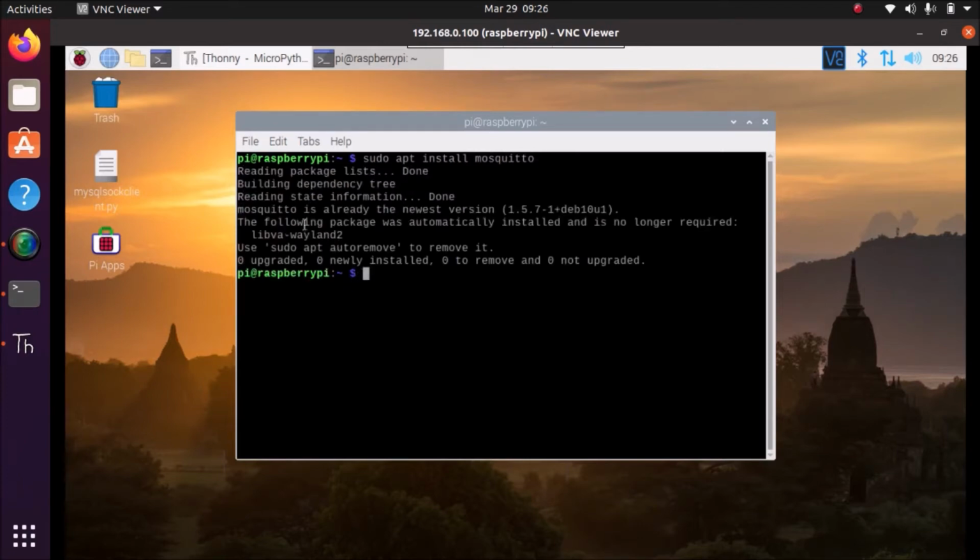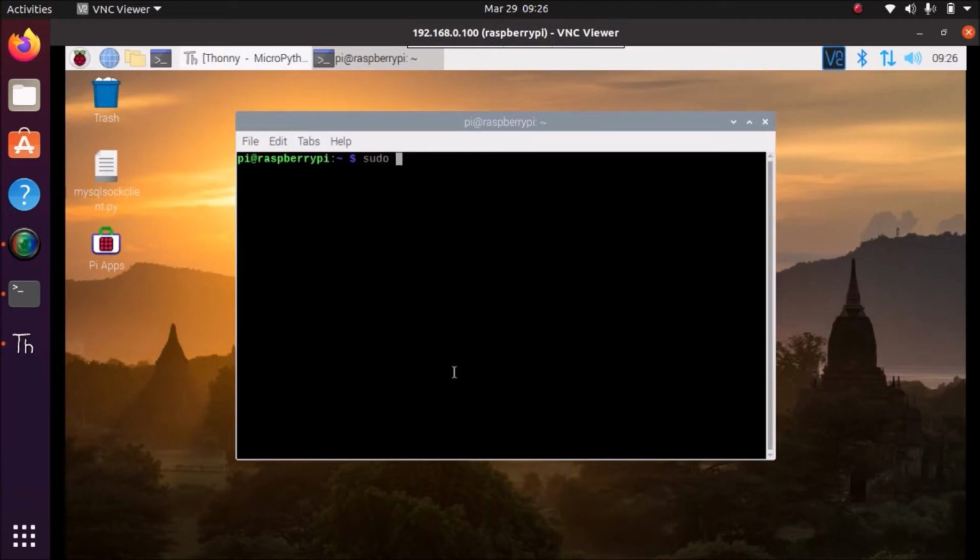As you can see, Mosquitto is already the newest version, so I have already installed the package. Now we simply restart the service with sudo /etc/init.d/mosquitto restart. Now we have successfully restarted our service.